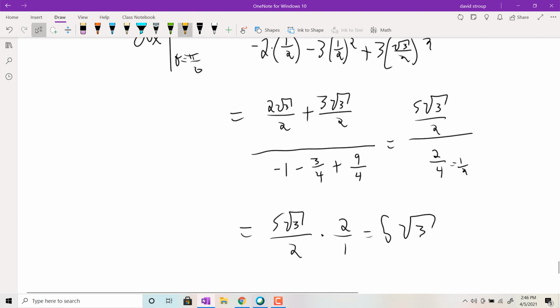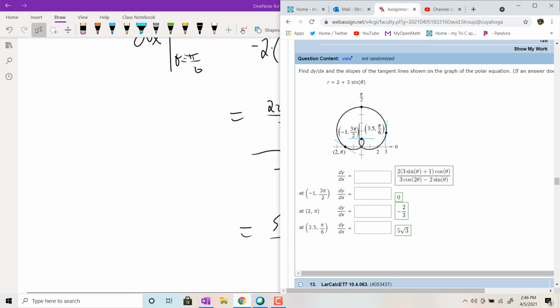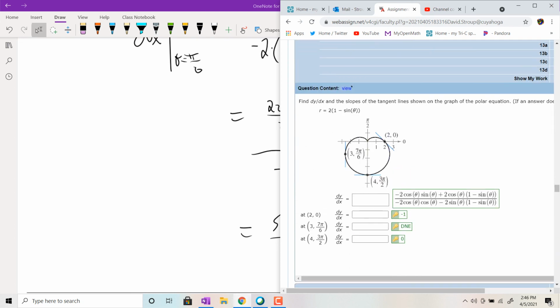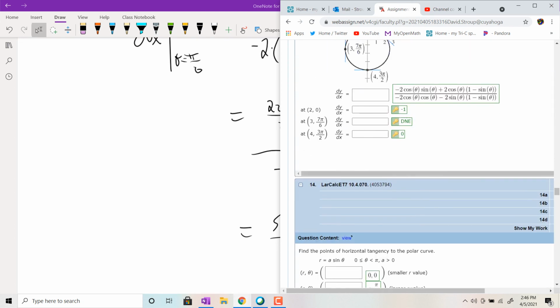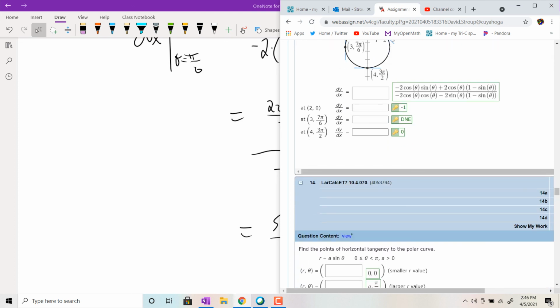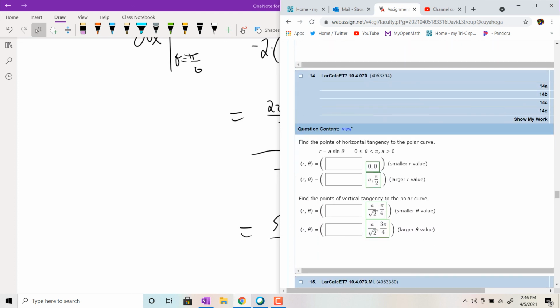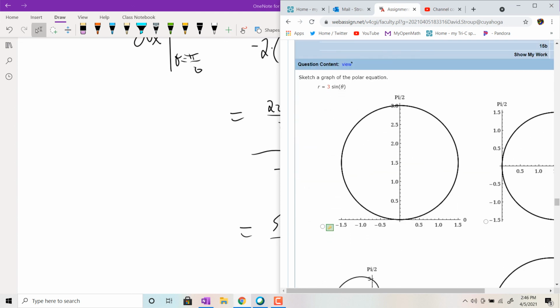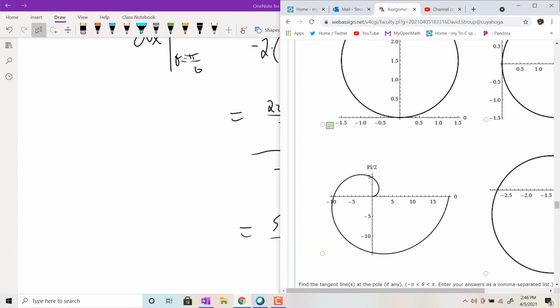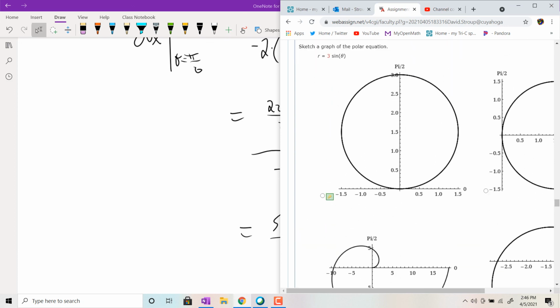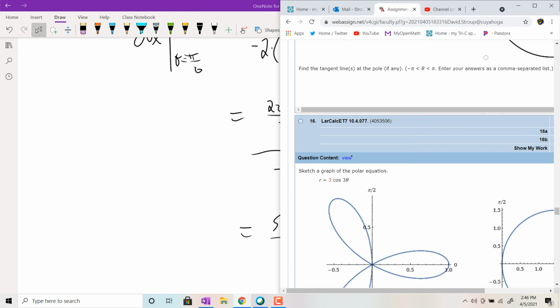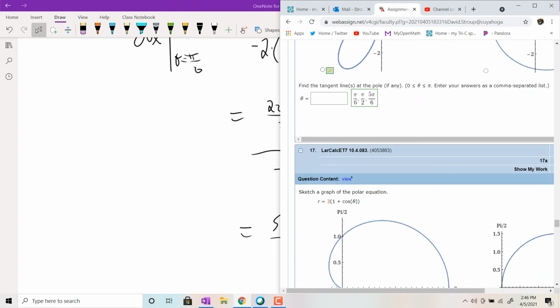Let's make sure that's right. Yep. Okay, so that's the idea. This is the same kind of problem, different kind of figure. And then horizontal tangents, and then just some plotting. 3 sine theta should be a circle, so it's nothing weird. Plotting,